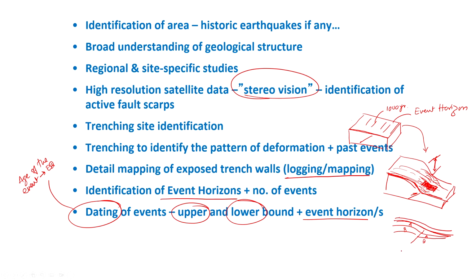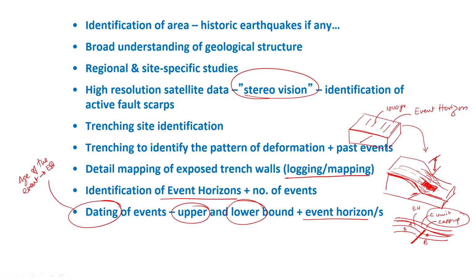Okay, so now to get the age of this event, you have a sort of capping of this. Okay, this is capped. So for example, this is your C unit, so this is capping and not displaced. Okay, so displacement was up to this only. So A and B were displaced, but C is the capping unit. So in this, the A which was on the top becomes the event horizon,